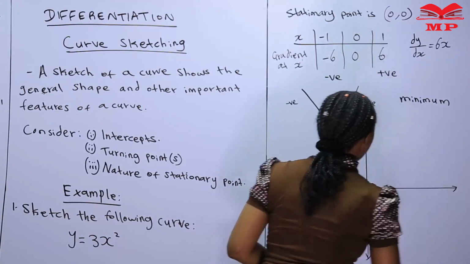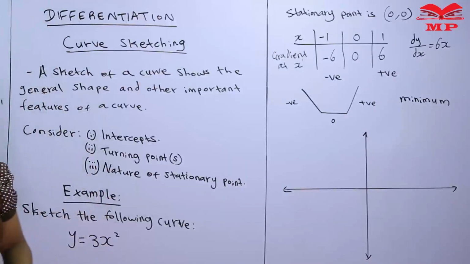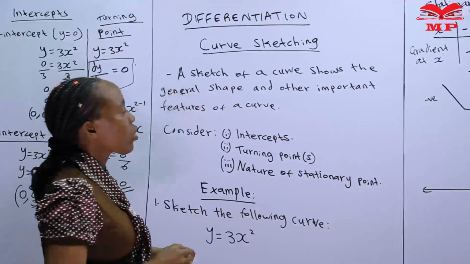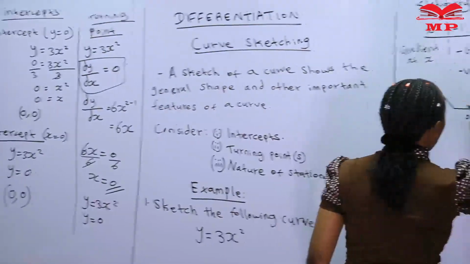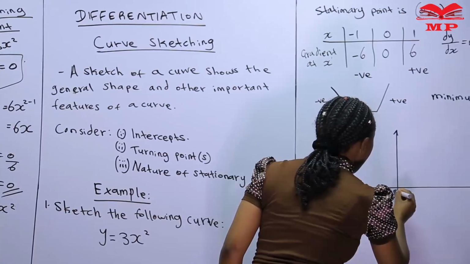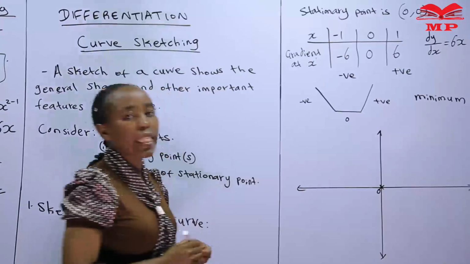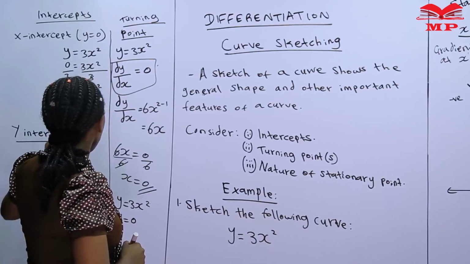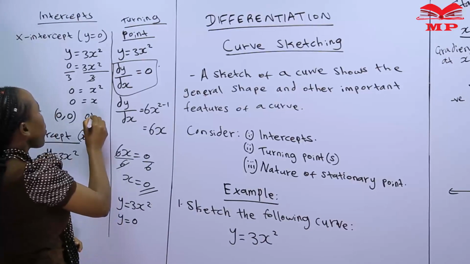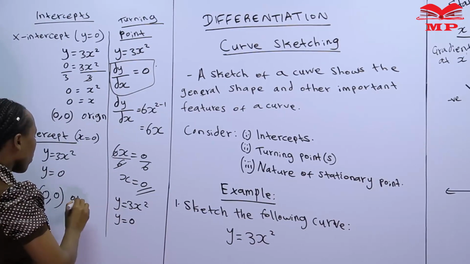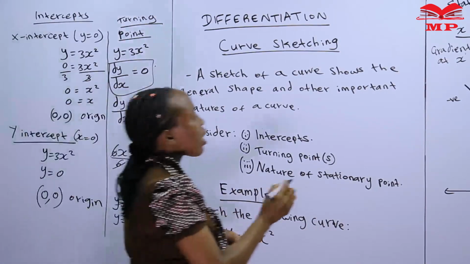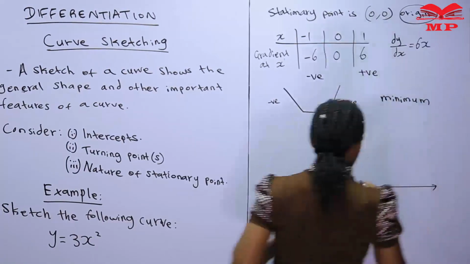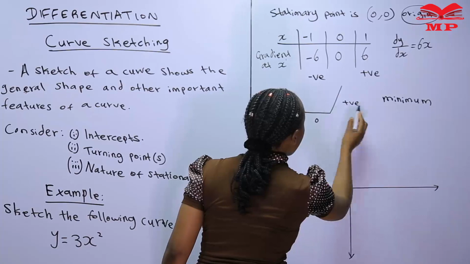So we can simply sketch it. We know that our intercept is (0, 0), so it is through the origin. Again, the stationary point is (0, 0). The only point that we have is this point, (0, 0), because for the y-intercept and the x-intercept we have (0, 0), and that is the origin. The stationary point is here at the origin, and because it is a minimum,